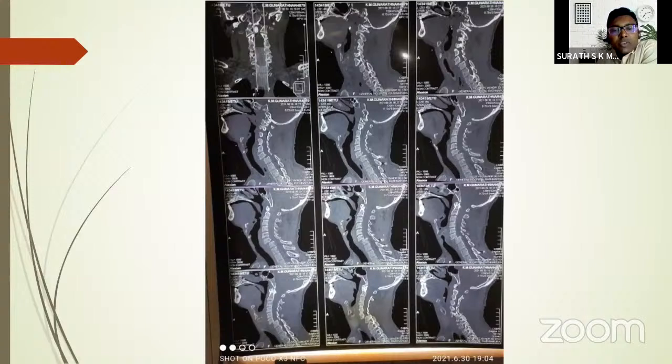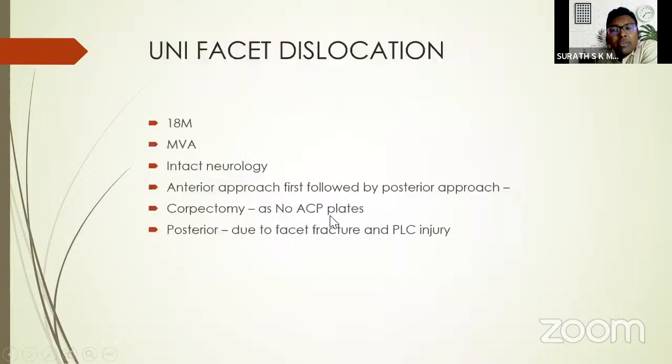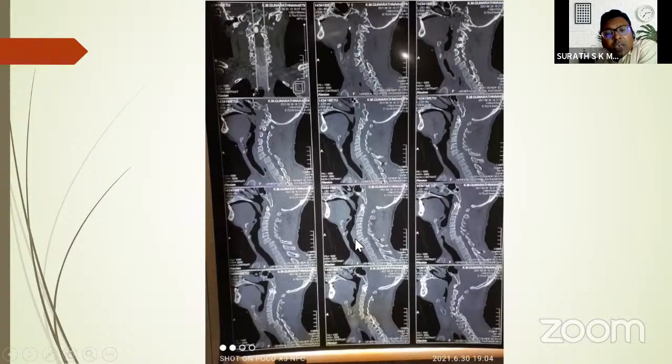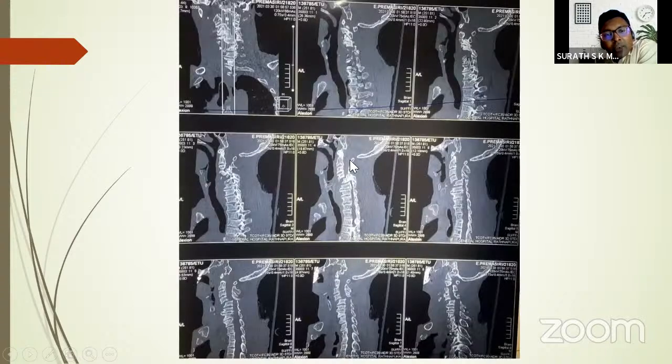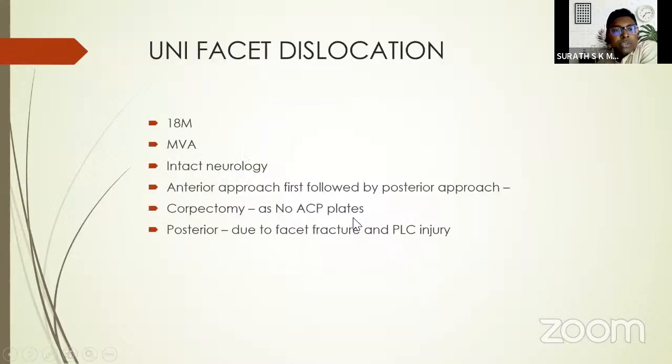And these are a few cases where I don't have the post-operative images. I have misplaced them. Again, C6-7 dislocation. You can see most of our cases are either C6-7 or C5-6. Another case, C2, 3, 4, 5. This is a little bit higher, C4-5. Again, we did these cases. I can remember this one, I did an anterior only approach. And this one, we did the 360-degree approach. So that is all about bifacet dislocation I have to show you.